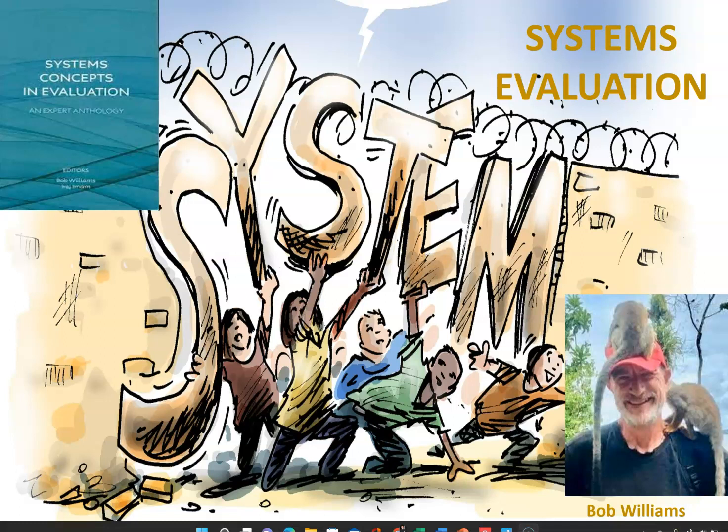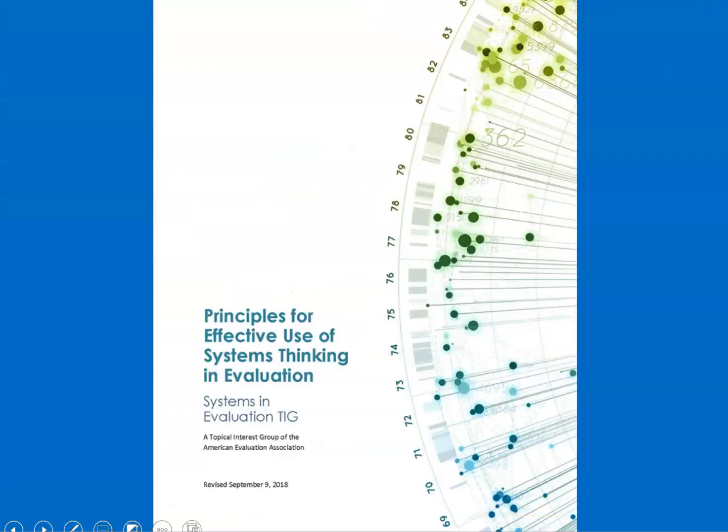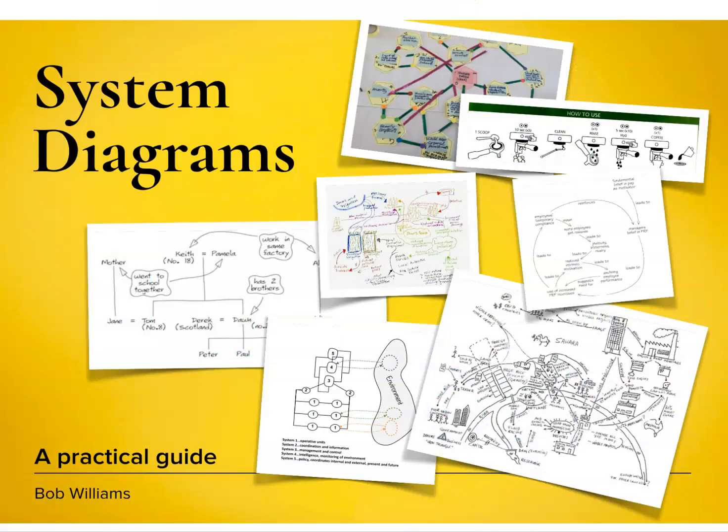Bob Williams has been a leader in bringing this perspective into evaluation. And so it involves us in the principles for effective use of systems thinking in evaluation, done by the Systems and Evaluation Topical Interest Group of the American Evaluation Association. What all of this involves is moving from a project mentality, looking at goal attainment and program implementation, to a very different focus on systems change and transformation,